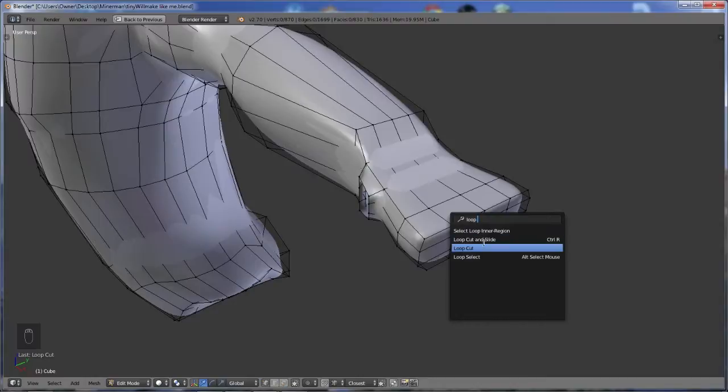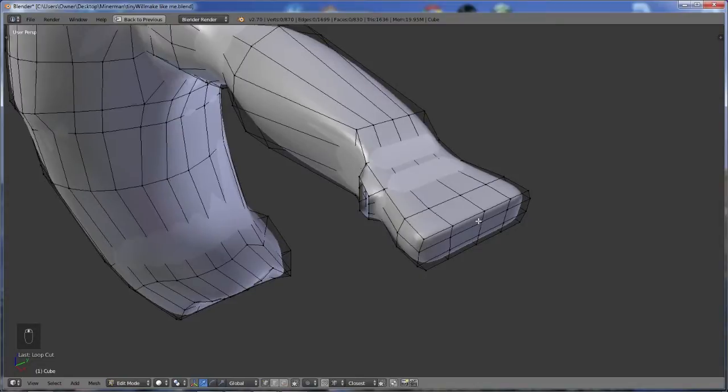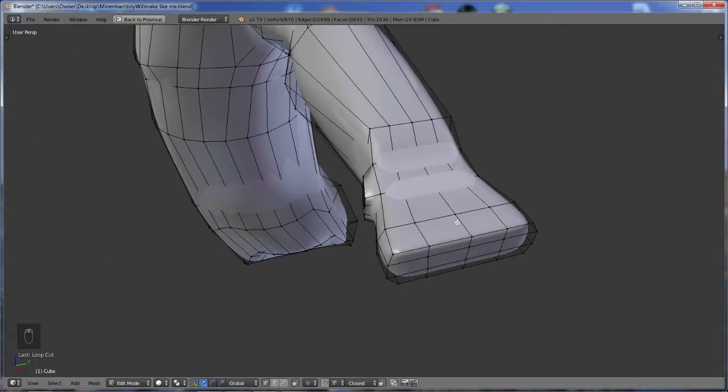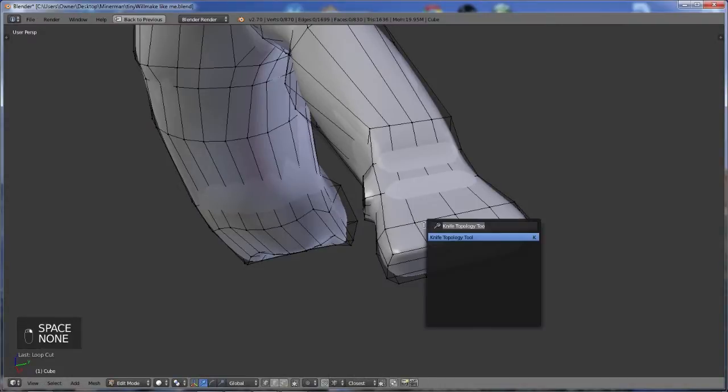It's supposed to bring in loop cut. That is not a loop cut. Oh, it's the knife tool. It's not the loop cut, it's the knife tool. Yeah. If you come in here, you hit spacebar and you type in knife, it'll do the same thing, but